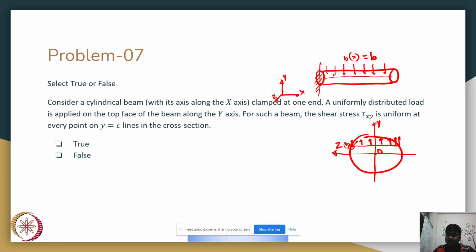But we know that, suppose I take the bottom half, I think taking the bottom half would be a better idea. Suppose I take the bottom half and I look at the